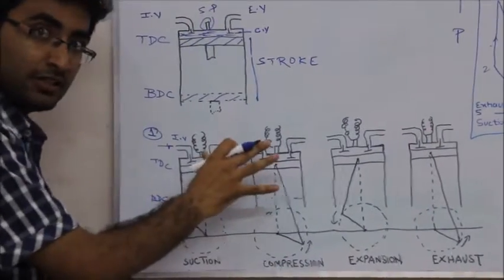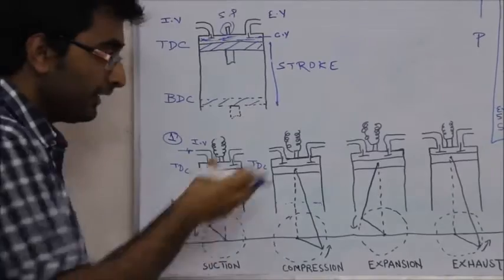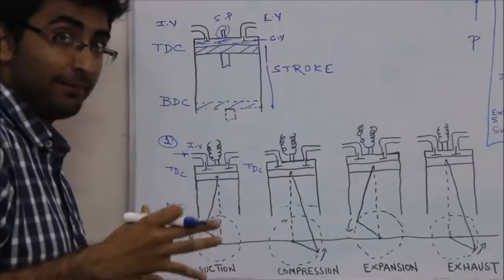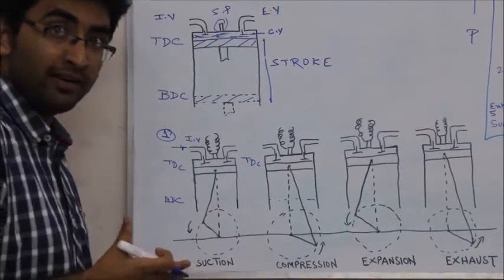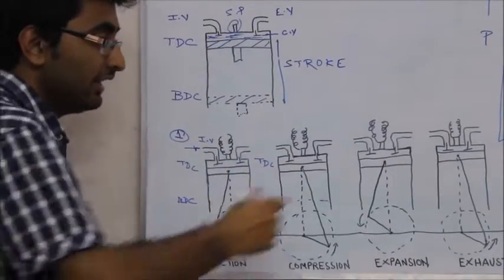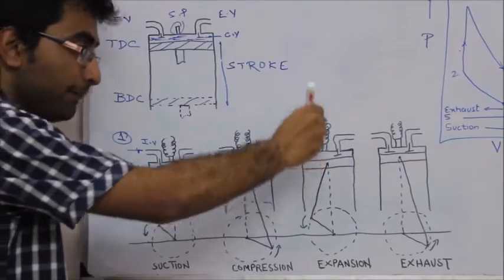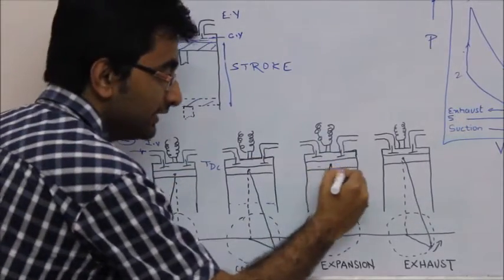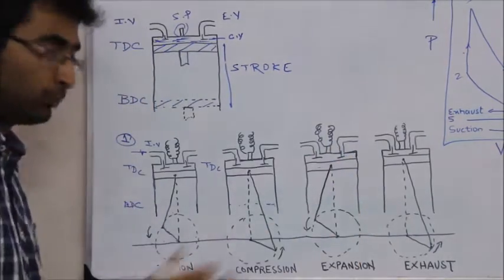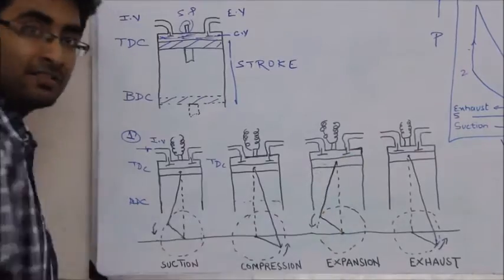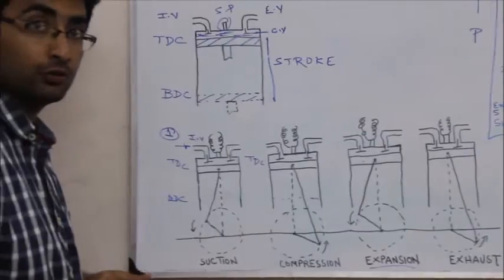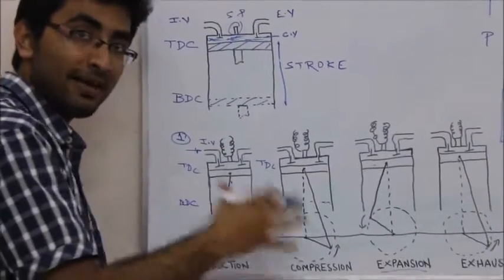Now, the piston has reached the TDC, and when the combustion of the air-fuel mixture has taken place, it results in high pressure and high temperature, which forces the piston to move downward. This is the piston, and you can see the crank rotating in this direction, that is, the piston is brought down. So it is the expansion stroke, and only in this stroke, that is the expansion stroke, power is produced. Power is produced only in the expansion stroke.